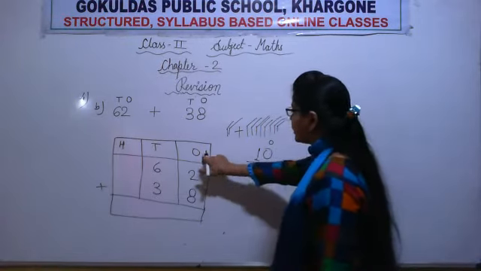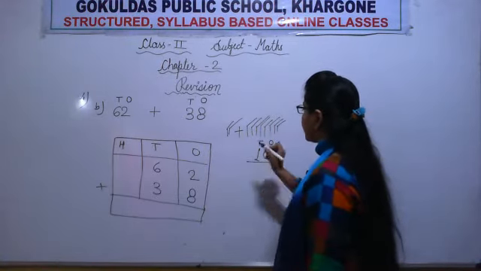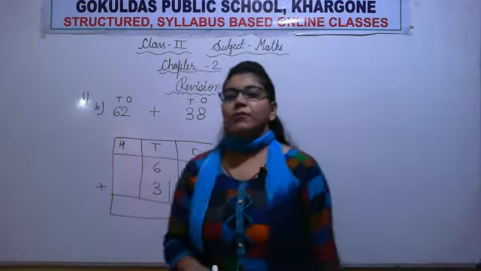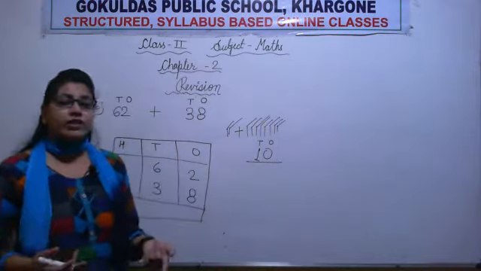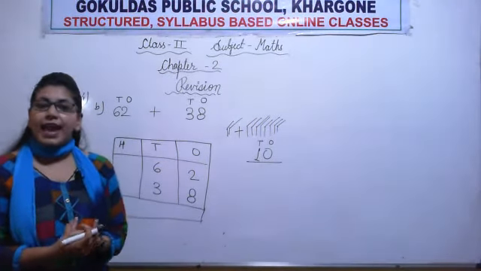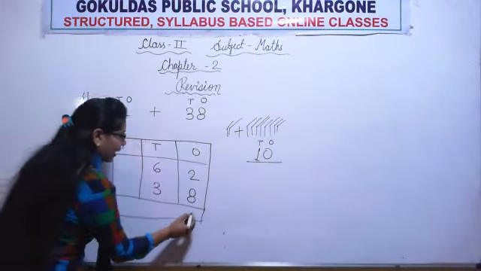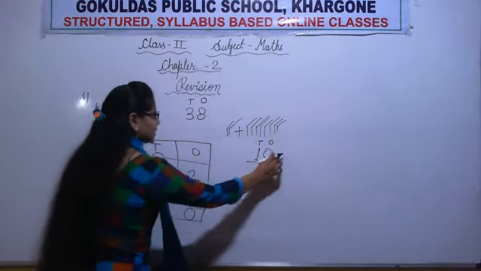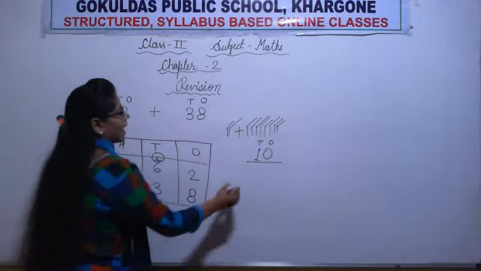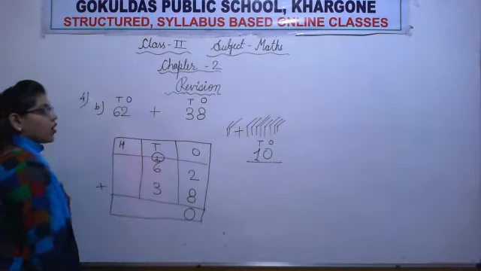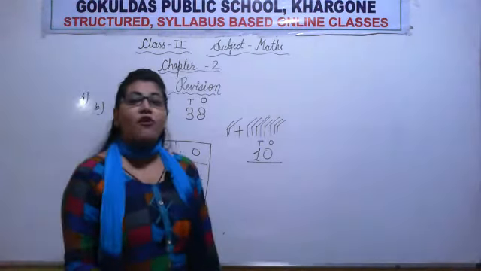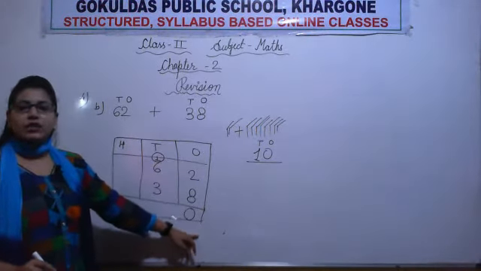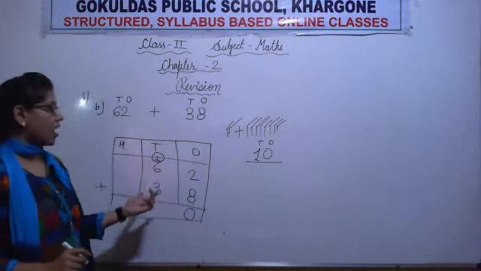We added ones. So first of all we will write in ones and then we will write in the next place. So when we add one digit numbers and get a 2 digit answer, what do we do? Yes, we do regrouping. We will write the 0 in the column of ones and we will write this 1 in the column of tens in the form of carry. Now we have done with ones column. Now it's turn for tens column.